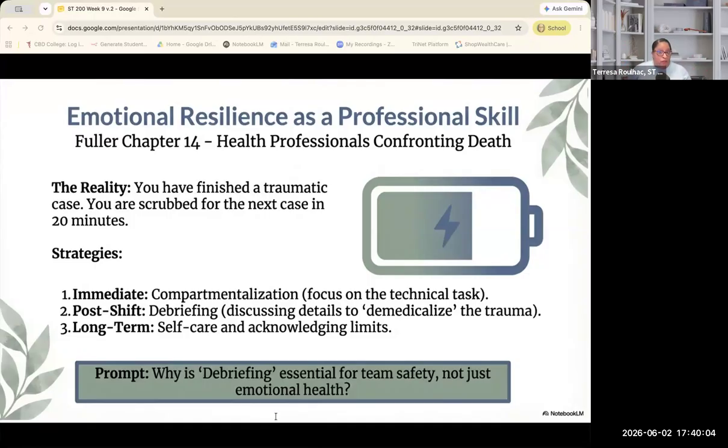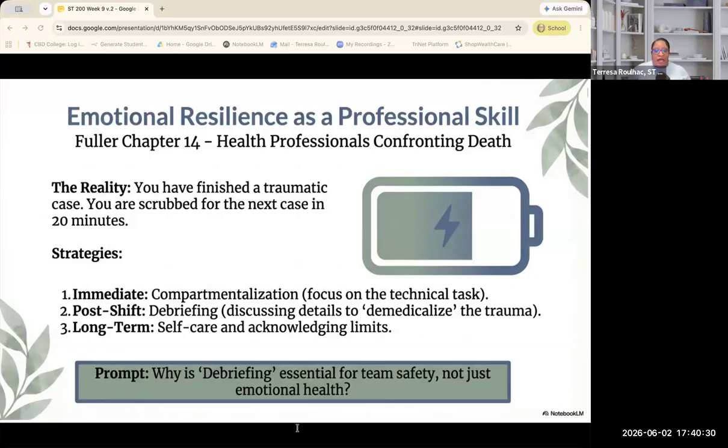I say that because the world did not pause for us. Our nervous system was still processing, but we still had the rest of the shift to do. We are trained to function under pressure, especially in the operating room. But functioning is not the same as processing. If we ignore that difference long term, burnout does follow.